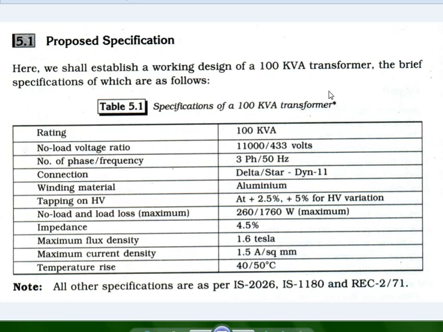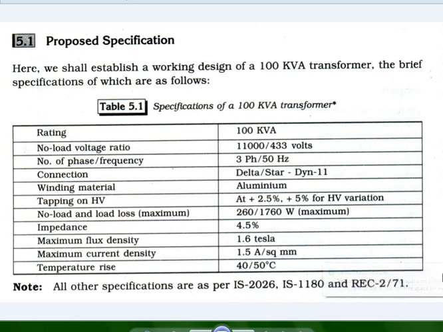What is DYN11? Remember this when the transformer design will be completing. We will discuss in much detail what this actually means, because it can be DYN13 or whatever that may be. Just now in short form: DYN means that the high voltage winding is in delta, the low voltage winding is in small y. N means the neutral is grounded, and 11 means on the clock dial you have 11, the small needle and the large needle, the distance is approximately in degrees. That is actually the phase shift between the primary and the secondary winding. We'll discuss this in much detail. There is a whole topic on that one.